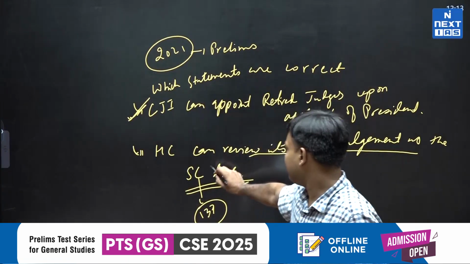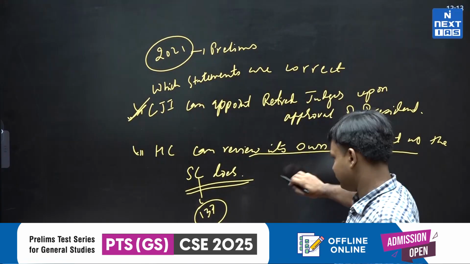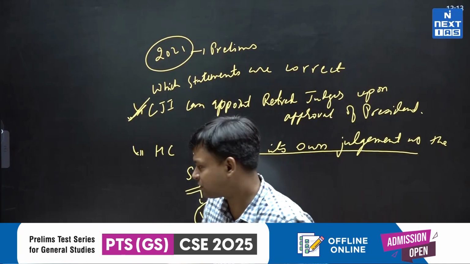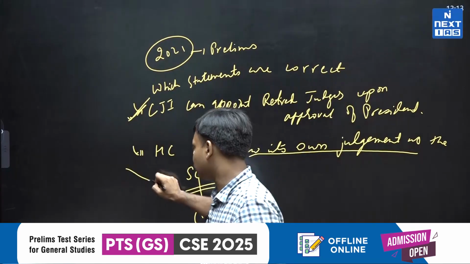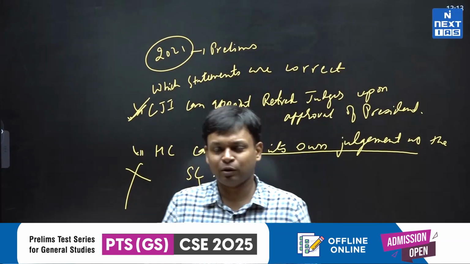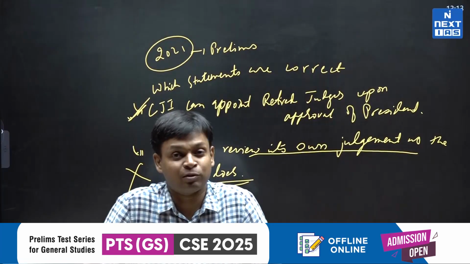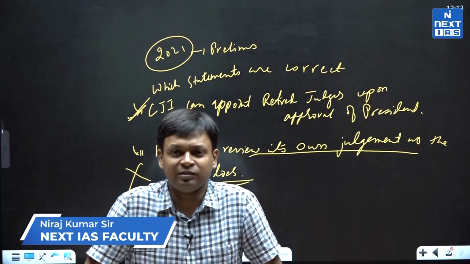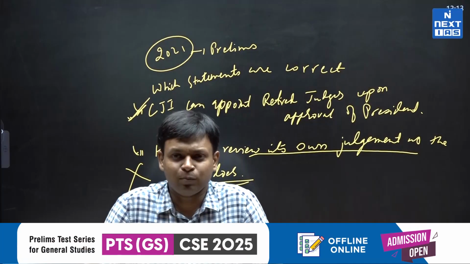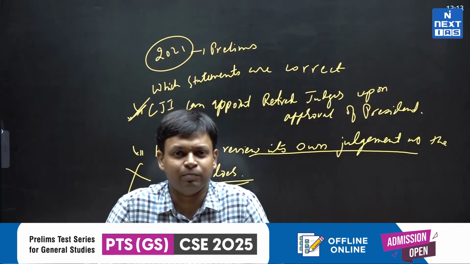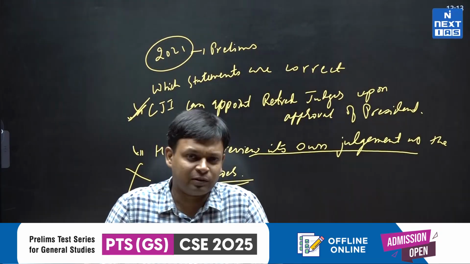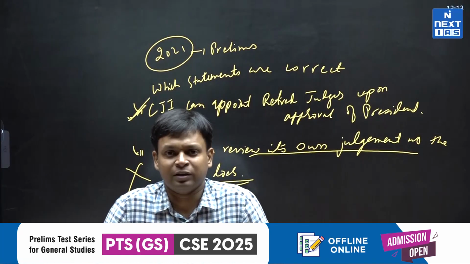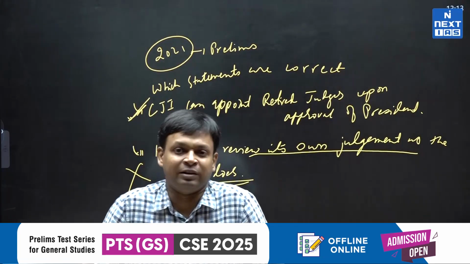So what was the question? High Court can review its own judgment as the Supreme Court does. So people who went by interpretation of the Constitution on the basis of Supreme Court judgment gave this statement to be correct. UPSC said this statement is wrong. Why? Because Supreme Court gets this power from the Constitution, High Court does not get it. So you have to be very careful of this point. If you are answering a question of prelims polity, try to base yourself as far as possible on the Constitution. Of course, if the question is giving a scope of doing something else, you can do that. But as a safe choice, relying on the Constitution is always better.